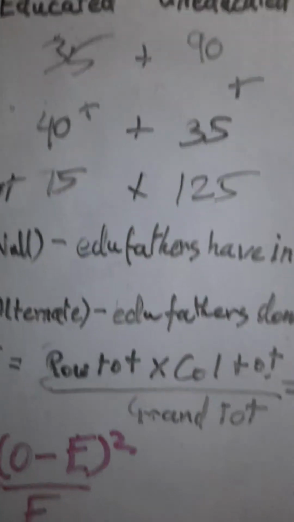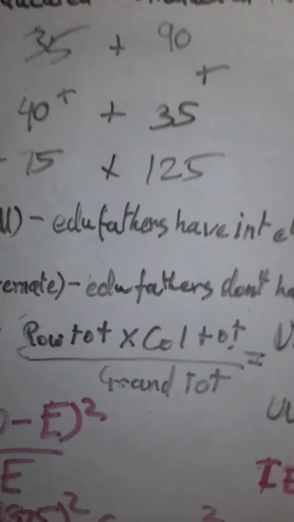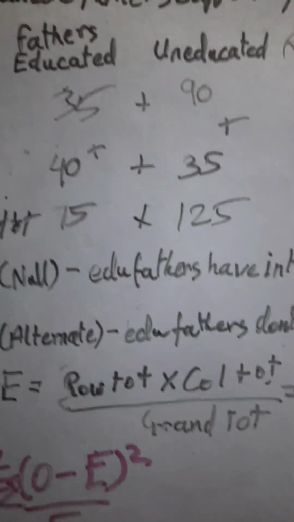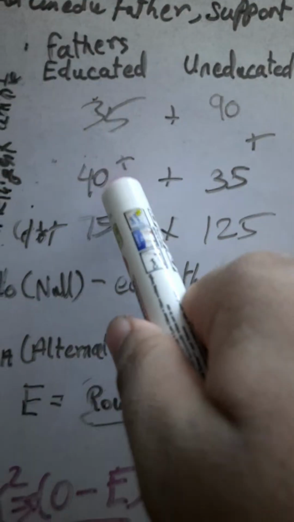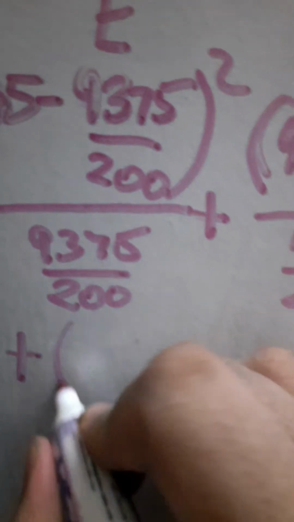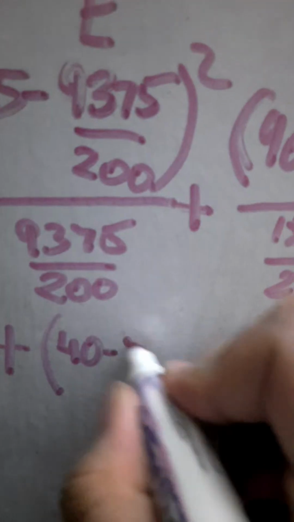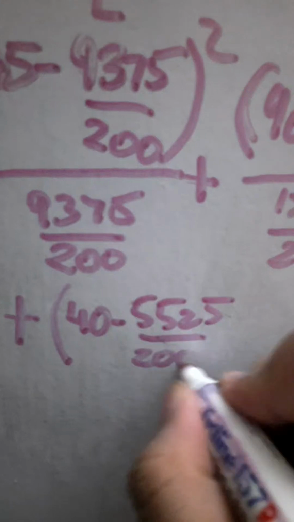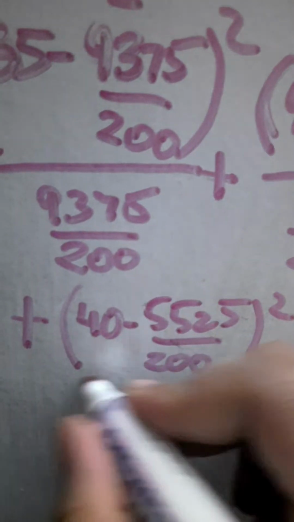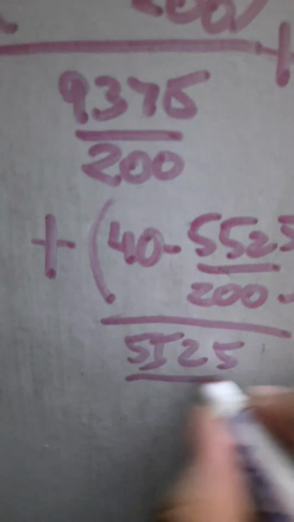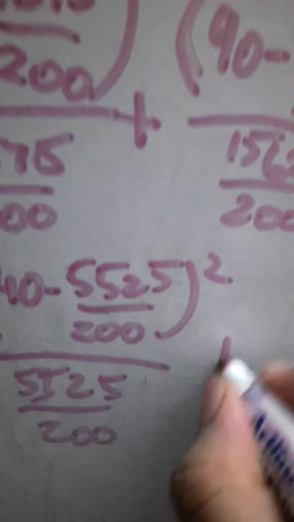also we have to take our degree of freedom too. So let's go for that. We will go for that later. So this is the next element, 40 and 5525 by 200. 40 minus expected frequency, whole square, by expected frequency, 200, plus